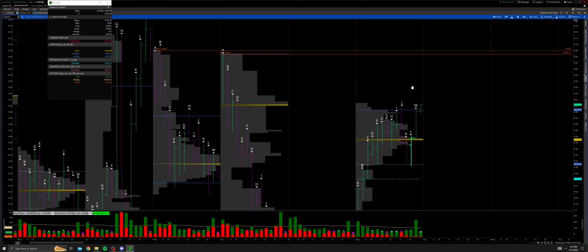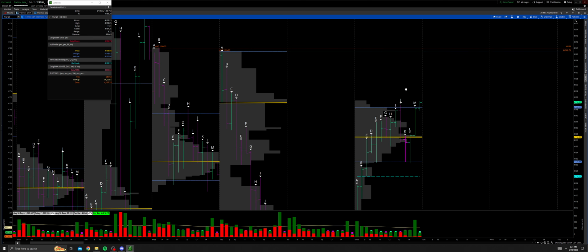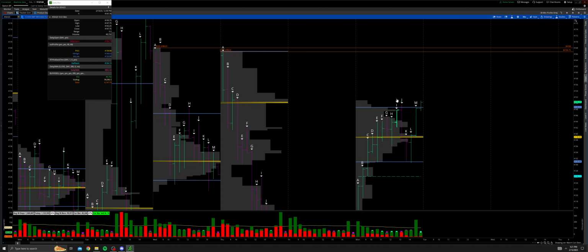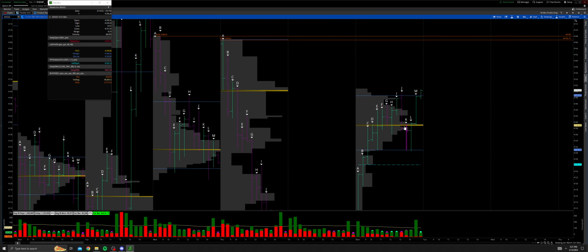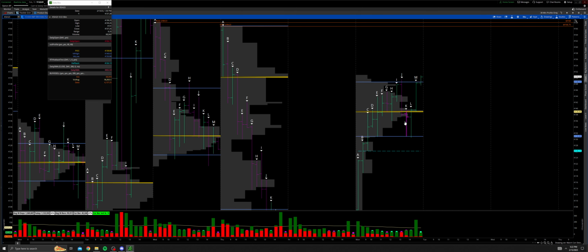They attempted to push this thing up to a triple distribution by creating another set of single prints in J period, but because there wasn't much volume or tempo to push this thing higher, showing that buyers were not really present up here, we sold off, inventory rotated down lower to the point of control, and we broke lower down, right? K period pulled down, and then L period pulled down into the small set of single prints before reversing,